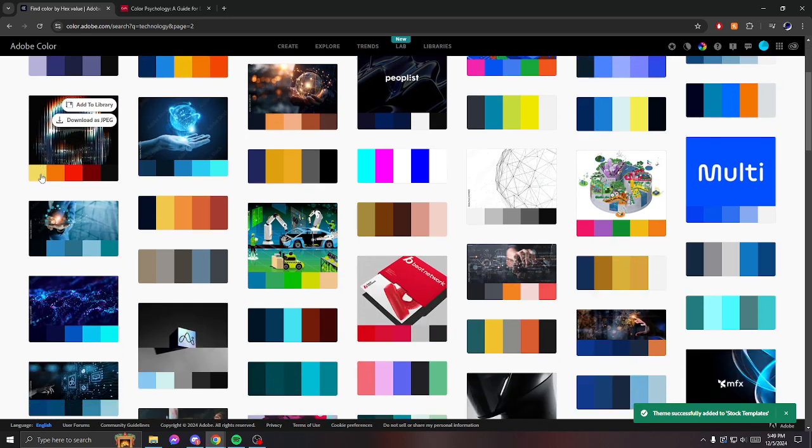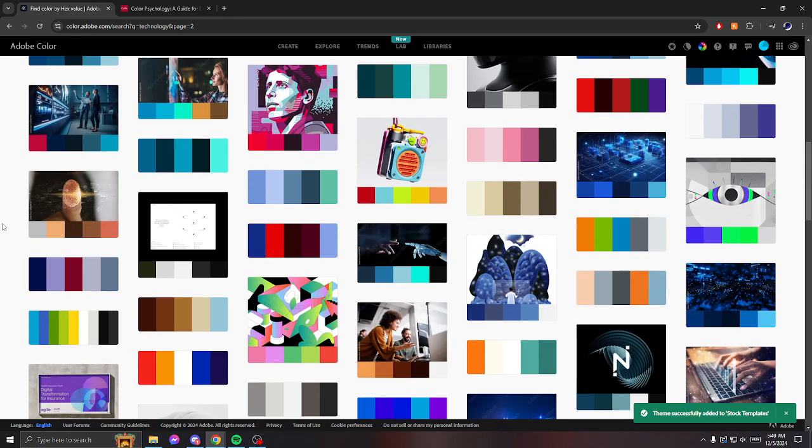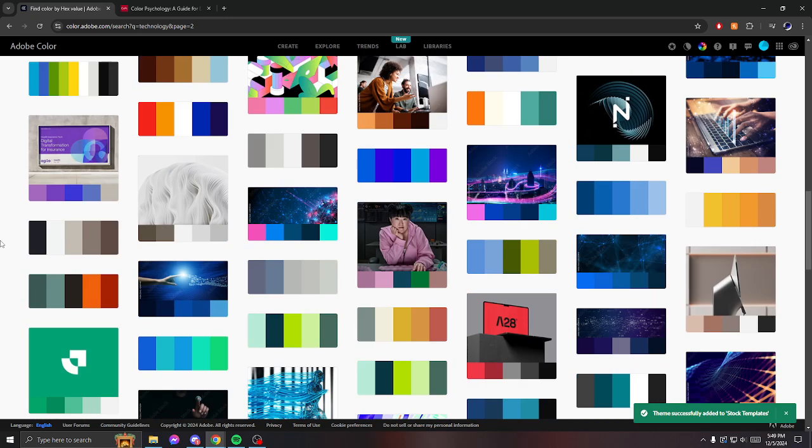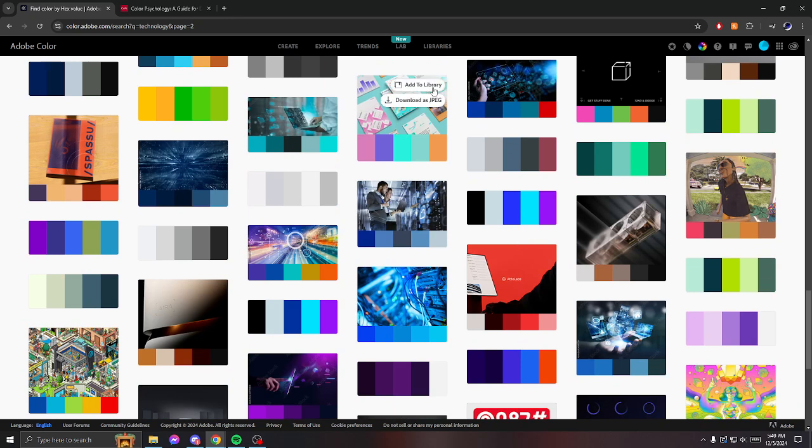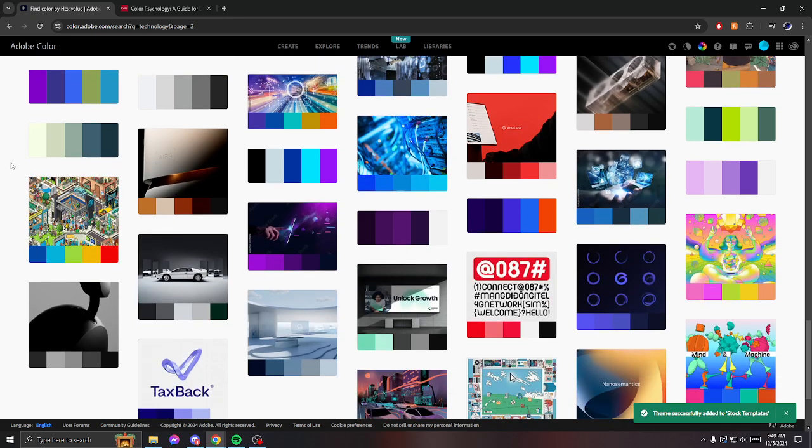Any of these can be added to your library as long as you have an Adobe account. It doesn't even have to be one with paid programs. You can just have an Adobe account. You can use this software. So it's fantastic. You can find different color schemes, use this, save things you like, even if you don't know